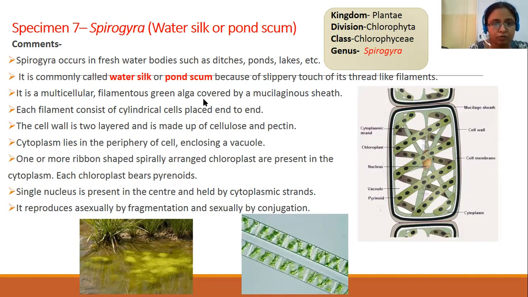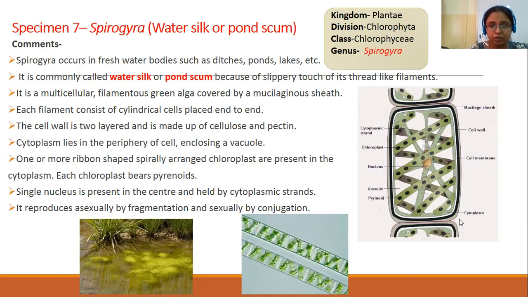Fine. So now let's study its structure. Structurally, it is multicellular. It is a green filamentous alga. It is green in color because it contains the green chlorophyll pigment. The body is filamentous, made up of numerous cells, and all these cells are stacked upon each other. So that's why it is a filamentous alga.